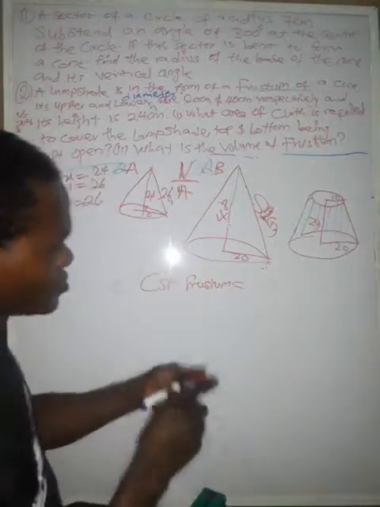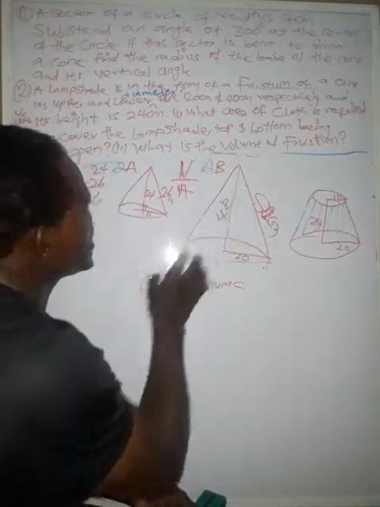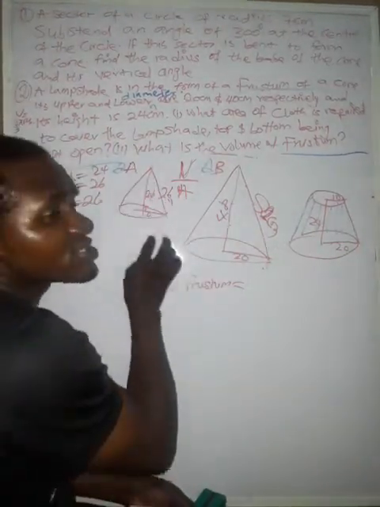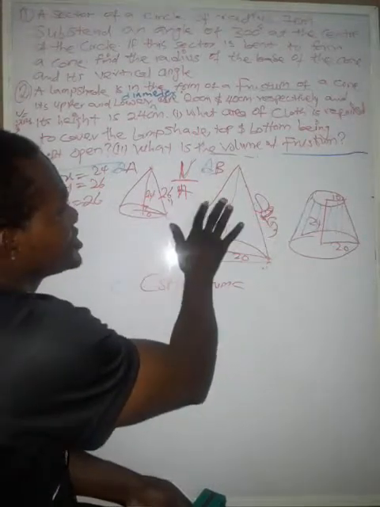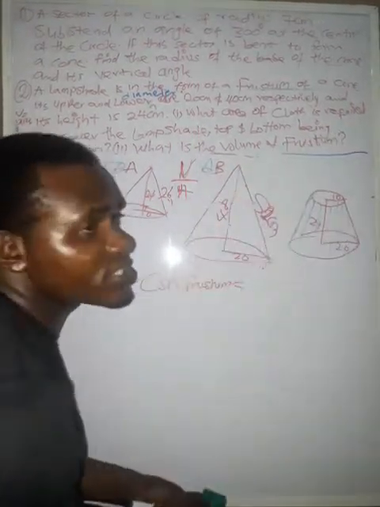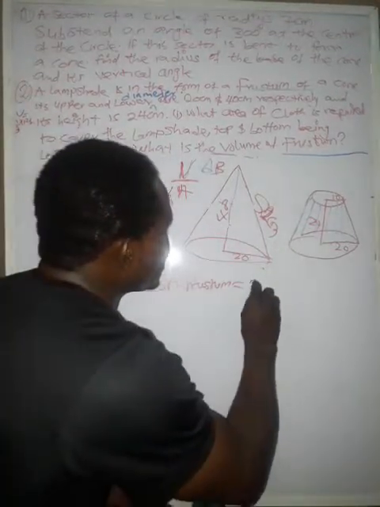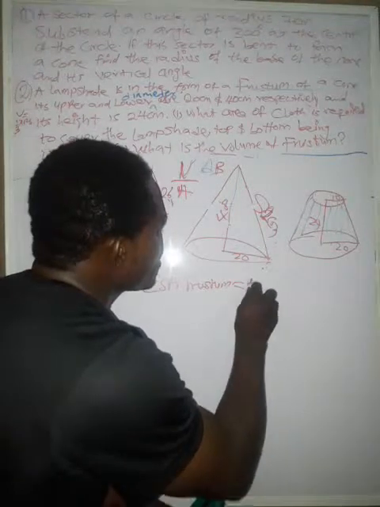Will now be equal to... so what I will do is find the surface area of this, then the surface area of this, and subtract this from this. It's like we are removing this out of it. We are left with this. You get it now? So the curved surface area is pi